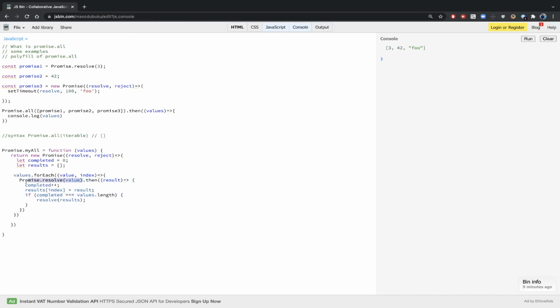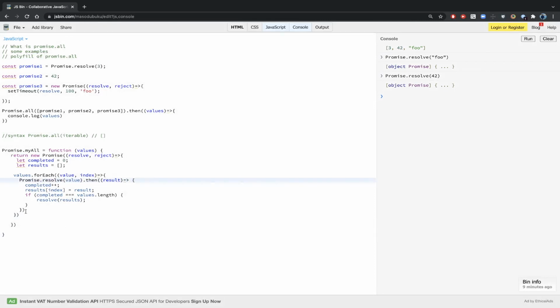For example, on the console, if we do Promise.resolve and pass, let's say, 42, a number, look, it's returning an object which is nothing but a promise object. So we have handled that situation as well if there is a normal value.